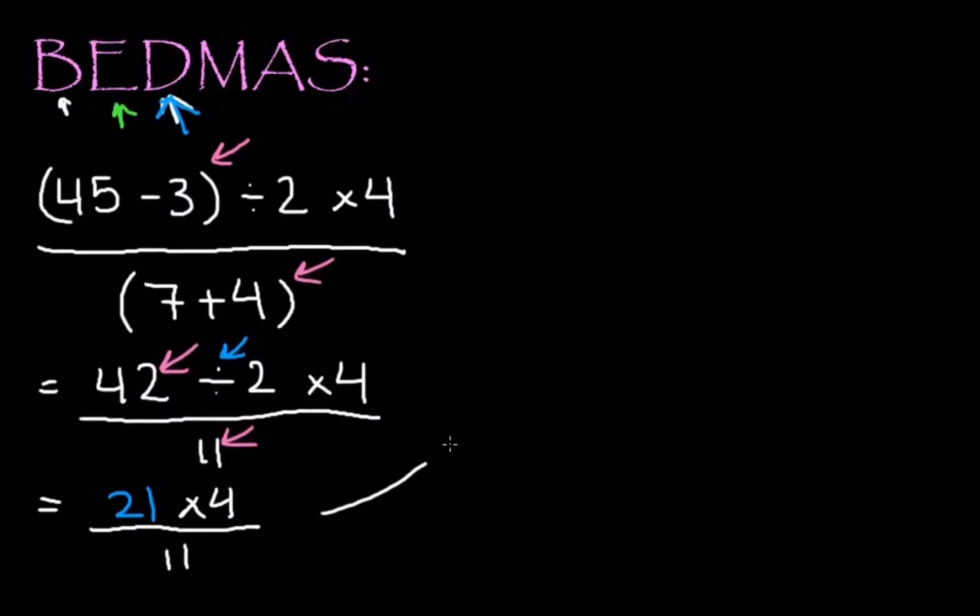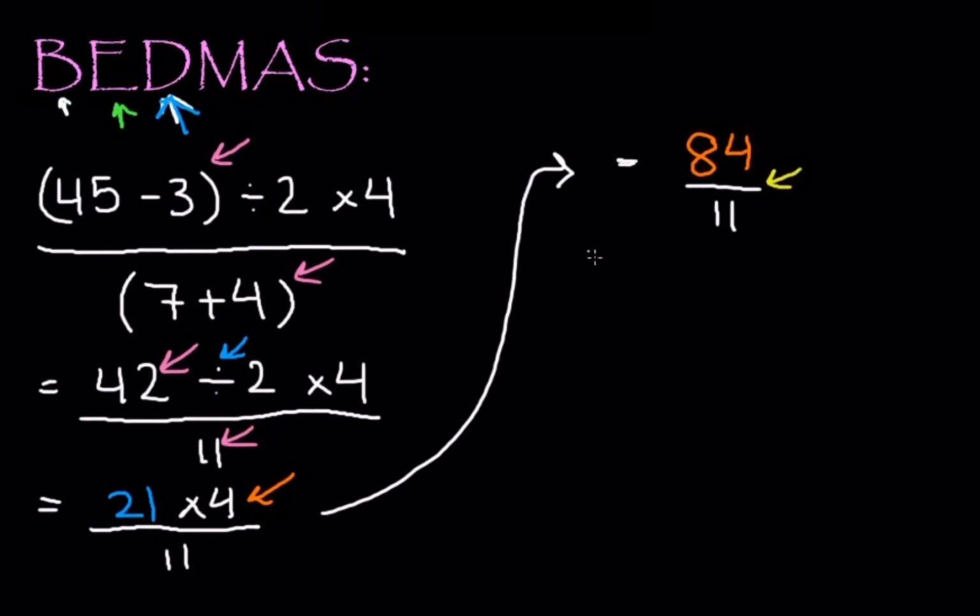I'm going to write the rest over here. So we have 21 multiplied by 4, so that's going to give us this over here. We have 4 times 1 is 4, 4 times 2 is 8, so we get 84. Then we rewrite the rest of it, which is divide by 11, which we said we were going to do last, right over here. And then we divide 84 by 11, and it's going to have some decimal points, and that's totally fine. And it's going to give you